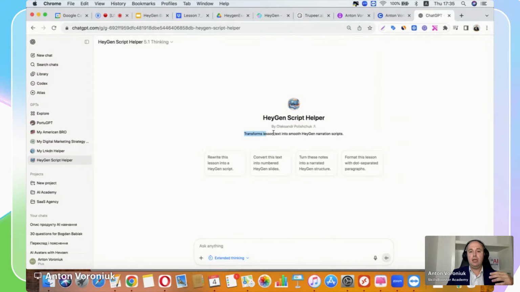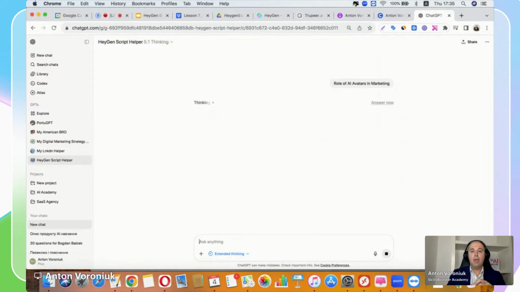And right now it's really the best way to transform some information or topic into a script. Usually we come here with our own script, but to save time, we can go with just some basic information. For example, I want to create a lesson about the role of AI avatars in marketing. We can give a pretty basic prompt, and as a result, we will get